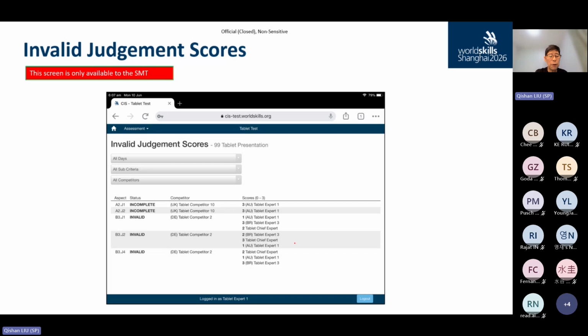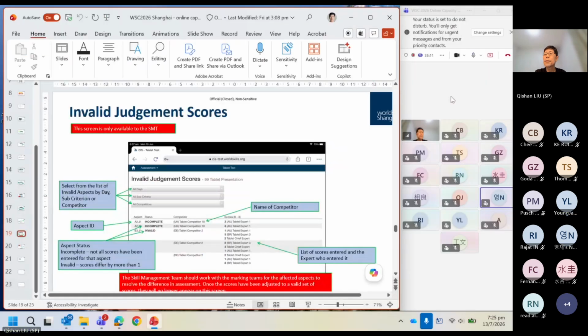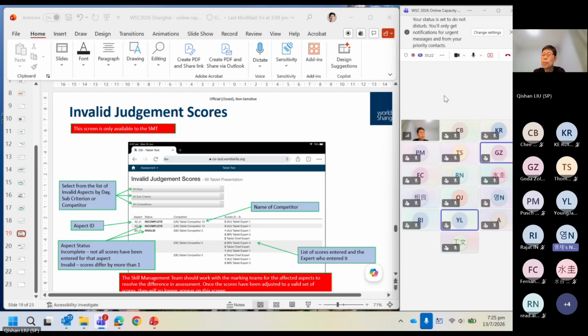So before I come to invalid judgment score, any question up to here? Is there any question up to here now? No. Okay, if no question,